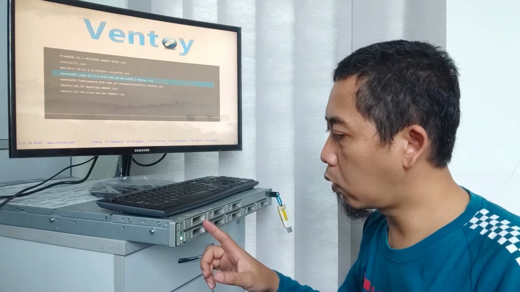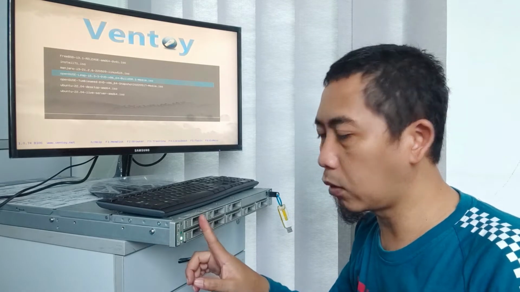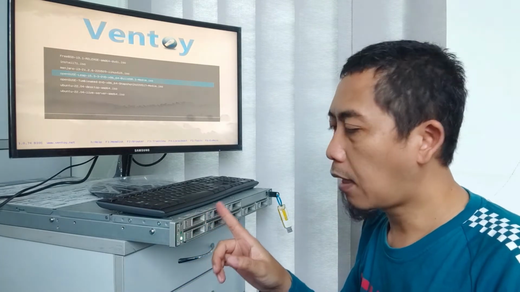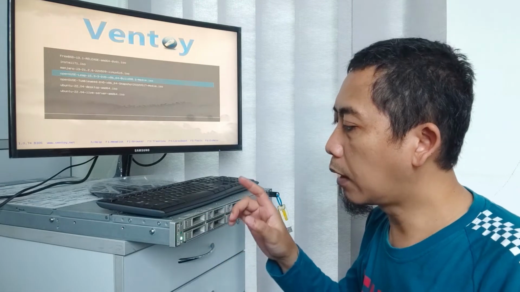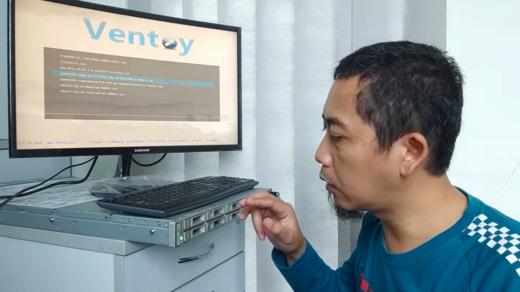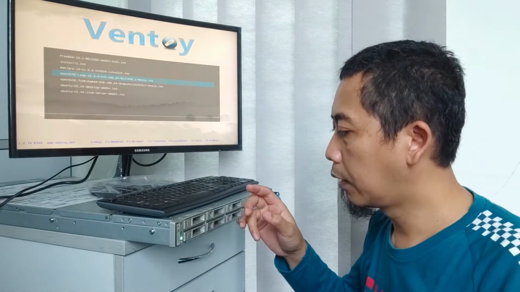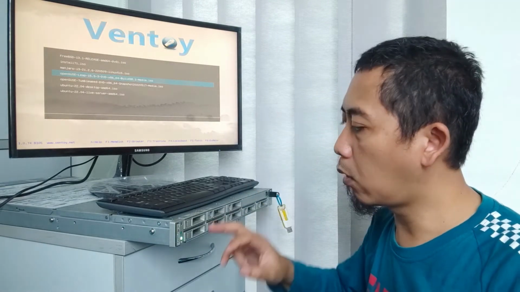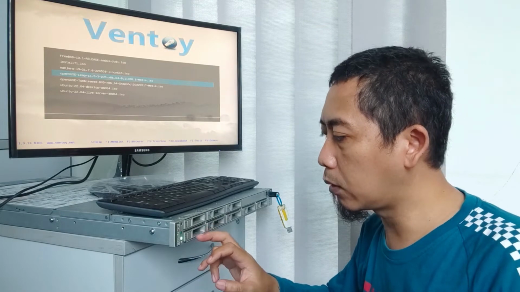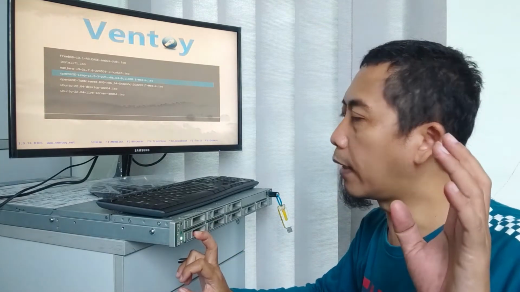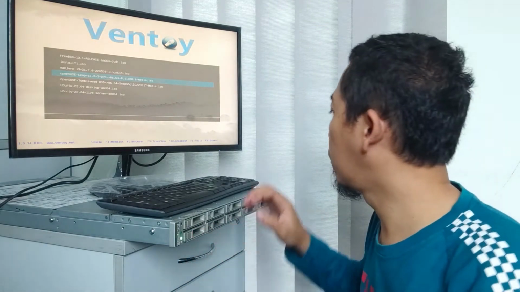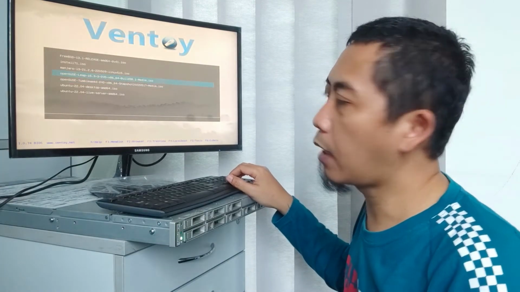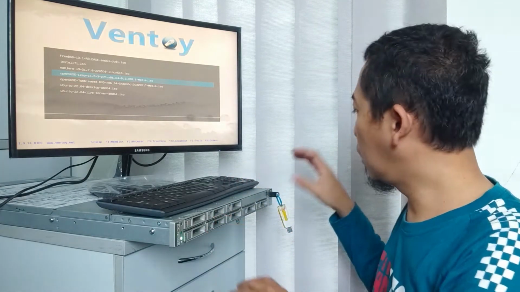I think I don't want to put something on the second one, but I would like to know that the operating system will detect the two hard drives. I want to install Leap on the first hard drive, number 0. So let's do it now. I choose this one. I already booted to the USB flash disk.